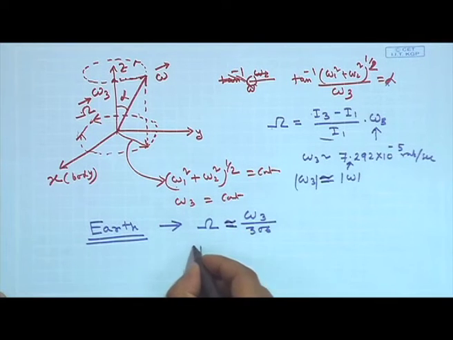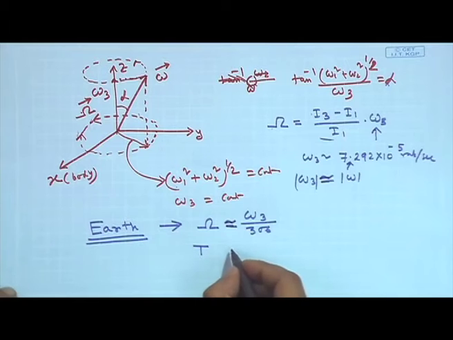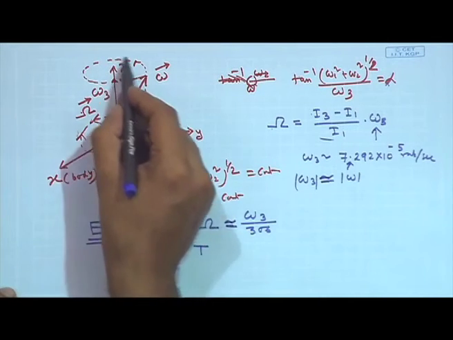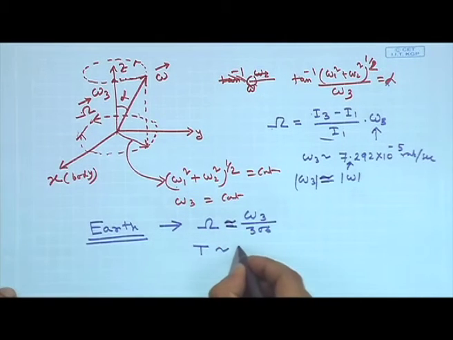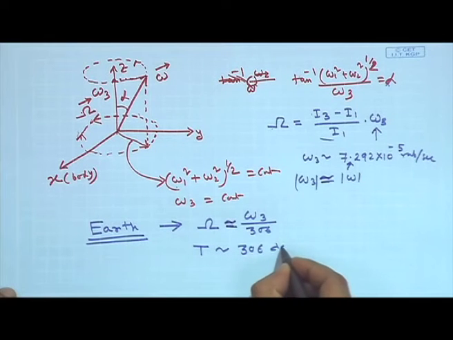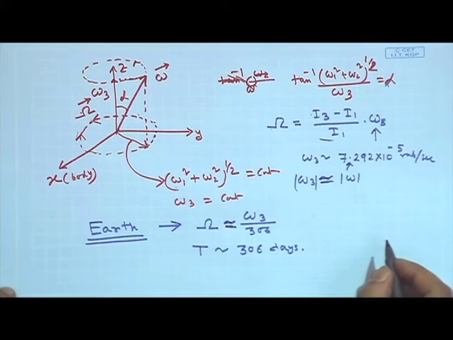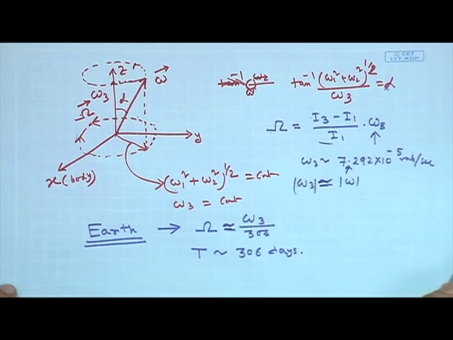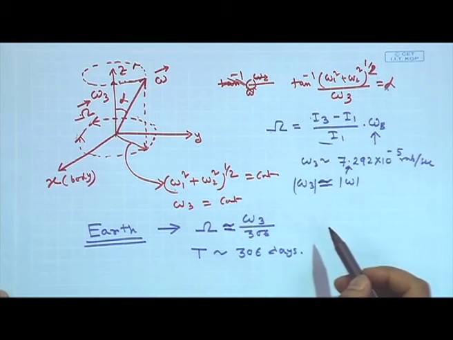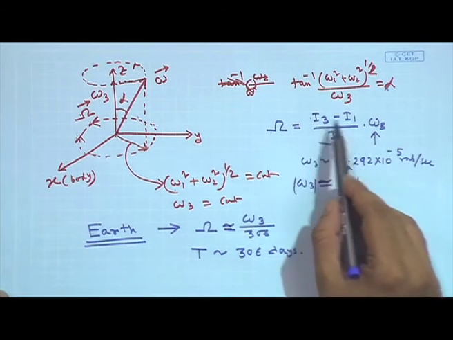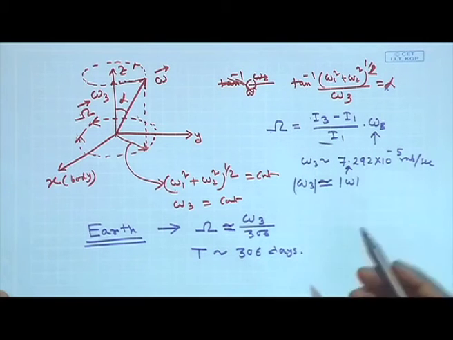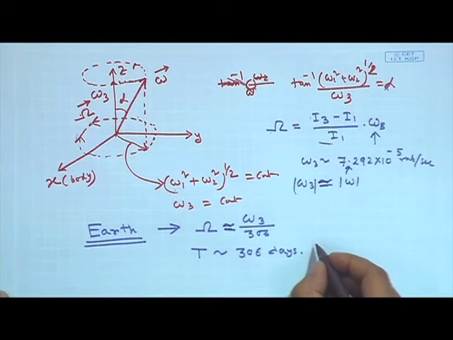That means the time period of such rotation is approximately 306 days, and this was predicted by Euler by solving Euler's equation and putting the values of I3 and I1 back in